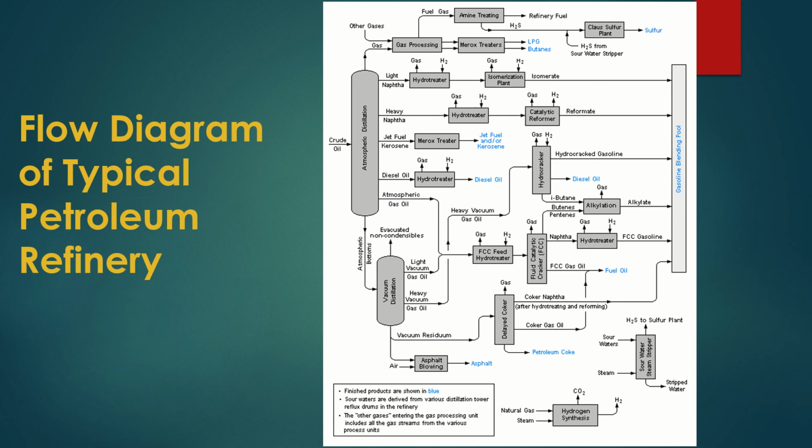So this is the flow diagram of a typical oil refinery, the flow sheet of an oil refinery. This is the atmospheric distillation unit, the basic unit into which crude oil enters. It creates many sections or cuts, like off gas, light naphtha, heavy naphtha, jet fuel or kerosene, diesel, and atmospheric gas oil. Below is the vacuum distillation unit, where the residue or bottom part of the atmospheric distillation product gets further distilled.